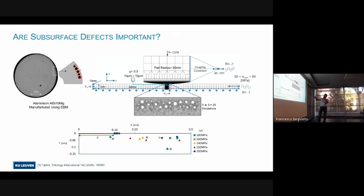So this is the fretting pad pushed against the specimen. The specimen is clamped, and we have a tangential load to create a tangential stress distribution. And then I randomly distributed some properties inside the material. Interestingly, I found that, okay, 60%, of course it's a worst case scenario, and that's for aluminum, 60% of the crack initiation sites are not at the contact interface. So there is a kind of competition between the high multi-axial stress at the contact interface, and also the stress at